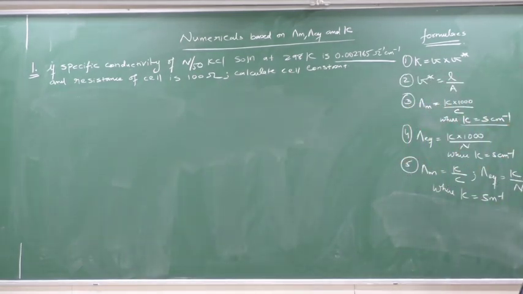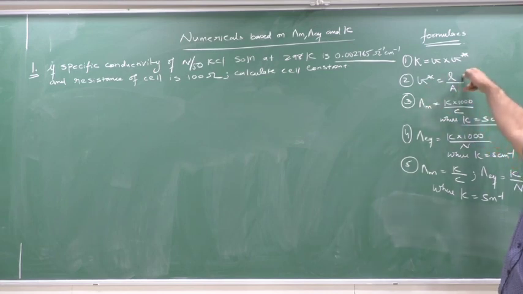Now see here, I have written certain formulas, and these formulas are nothing new for you. If you have not seen my previous videos, please go and check them out, so that you first remember these formulas. The first formula is k equal to G into G star. K is the specific conductivity, G is the conductance, and G star is the cell constant. Another formula for G star is l by A.